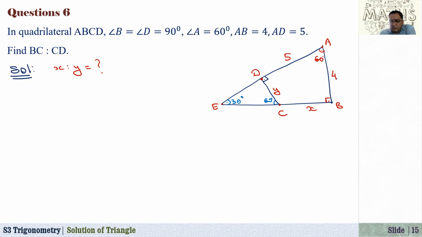Opposite side, it is 4, right? If the opposite side is 4, the hypotenuse should be 2 times 4. So AE is 8, AD is equal to 5. So ED should be equal to 3. So if it is 3, right, opposite side is 30, right? It is Y. It is 3, then what is Y? Y should be equal to, no, not Y. Actually,